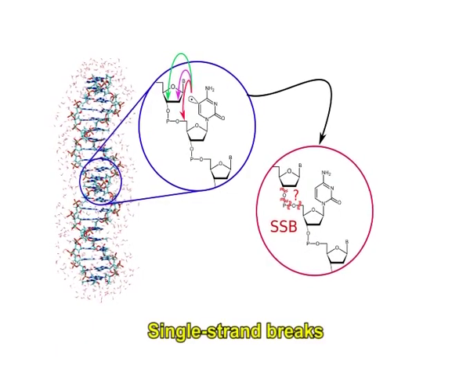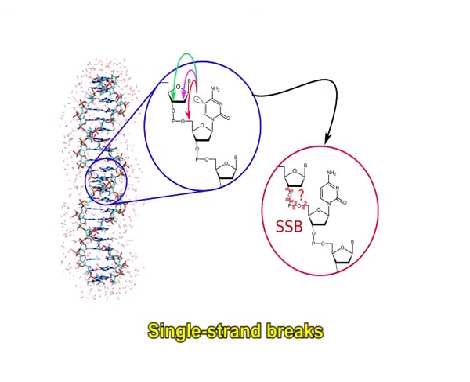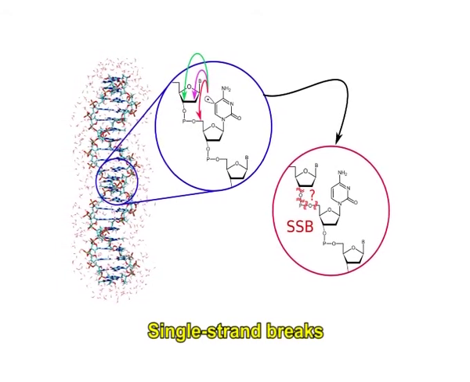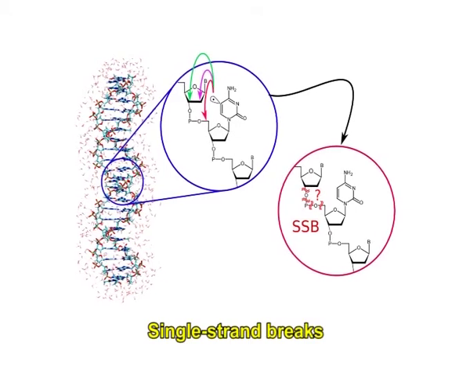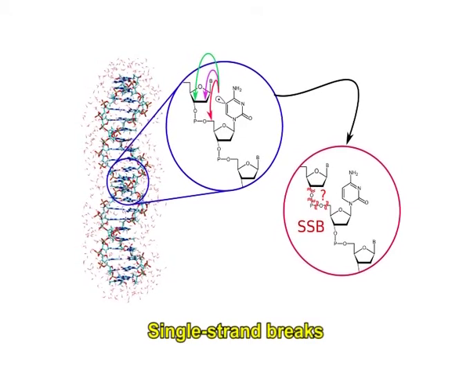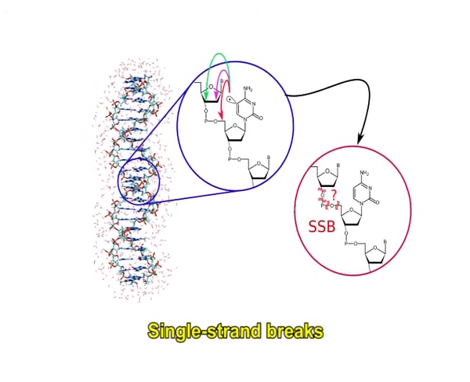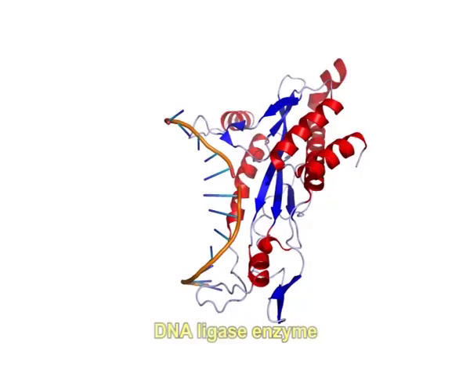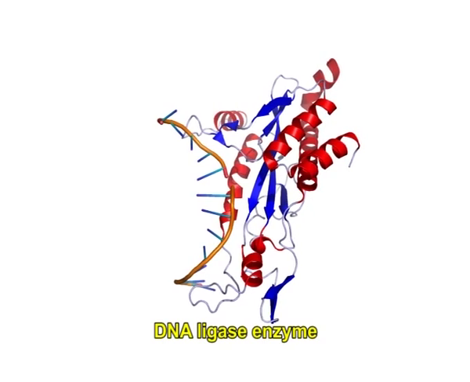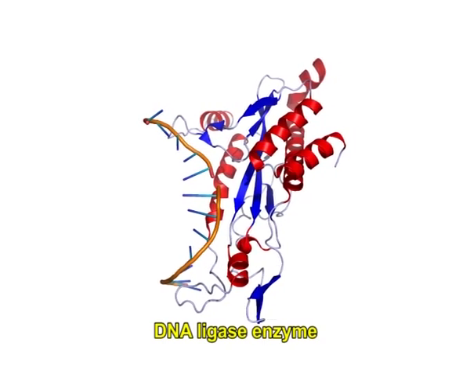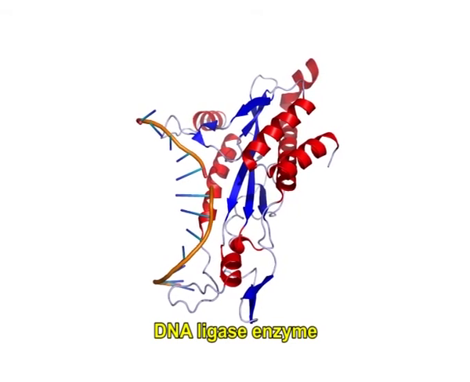The single strand breaks are generally repaired by the DNA ligase by using the complementary strand of the double helix as a template molecule, with the DNA ligase creating the final phosphodiester bond to completely repair the DNA molecule. DNA ligase enzyme has some applications in both DNA repair and DNA replication.